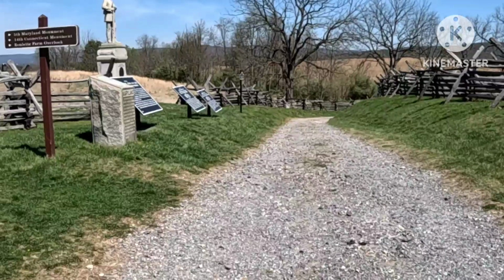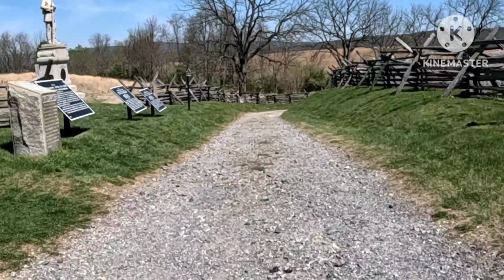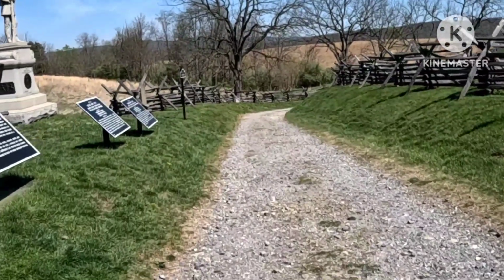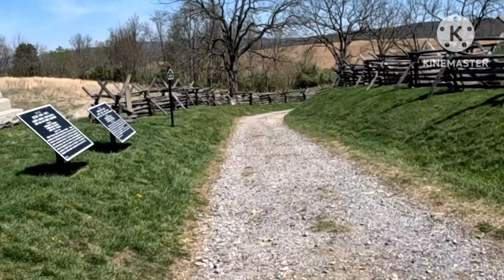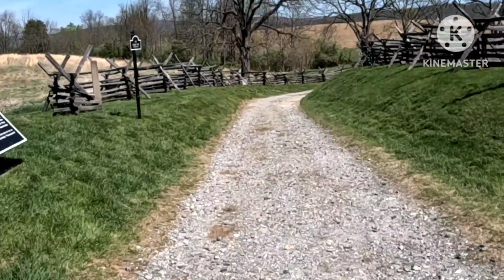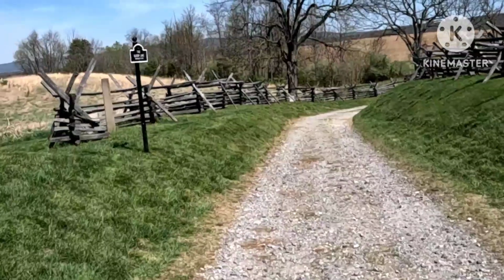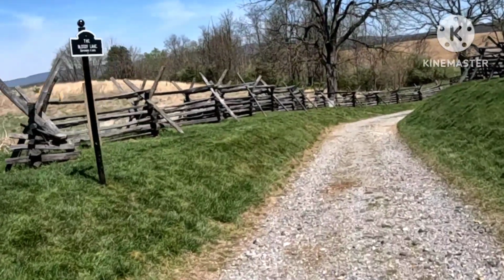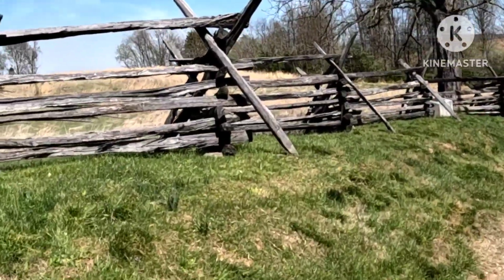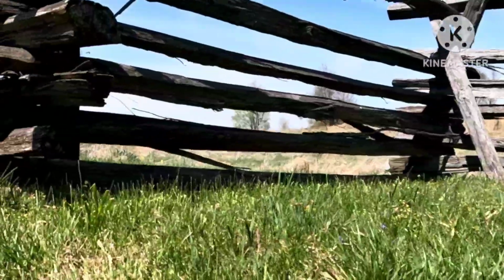If I was a Confederate soldier and my orders was to march to the old farm road that's sunken in and set up a defense, this is the way I would march to it. Sunken road. I and over 2,000 of my friends. And I get to possibly around here, and this is my spot, and I load up and I get ready, and of course